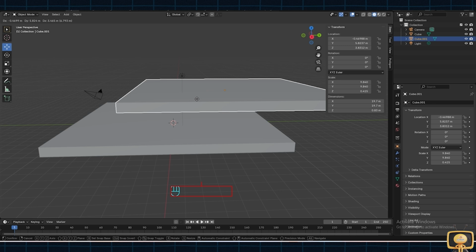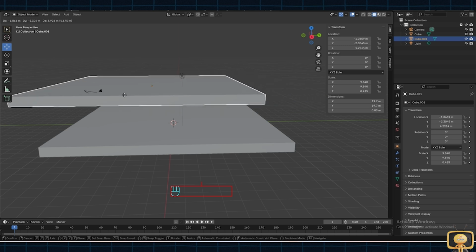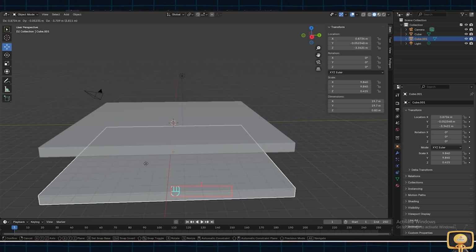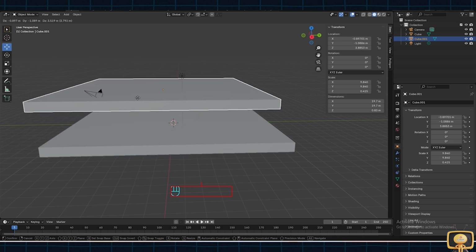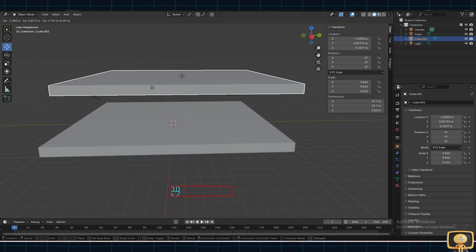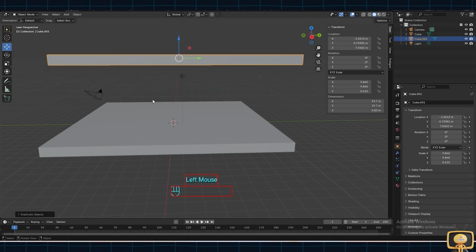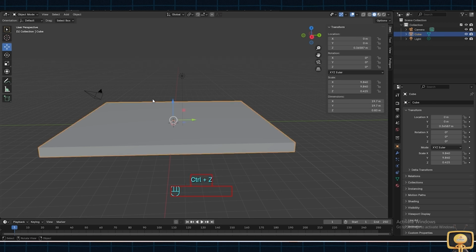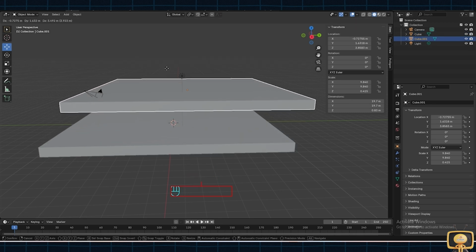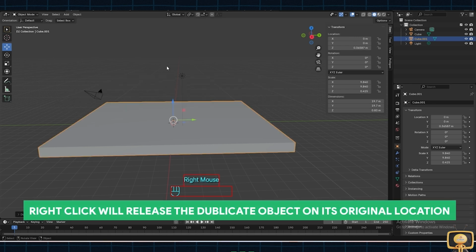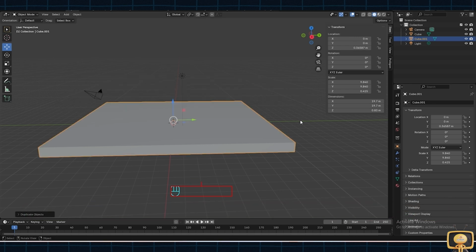The duplicate just moves with the cursor. Once you click, it will release the object where the point is located. Now Ctrl Z and press Shift D again, and just press right click. Now as you can see, it released the object on the same place the first object was located.